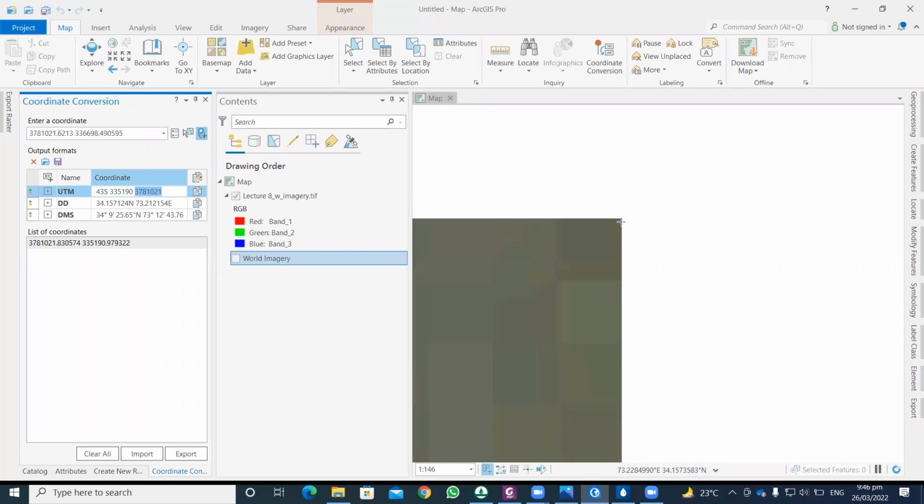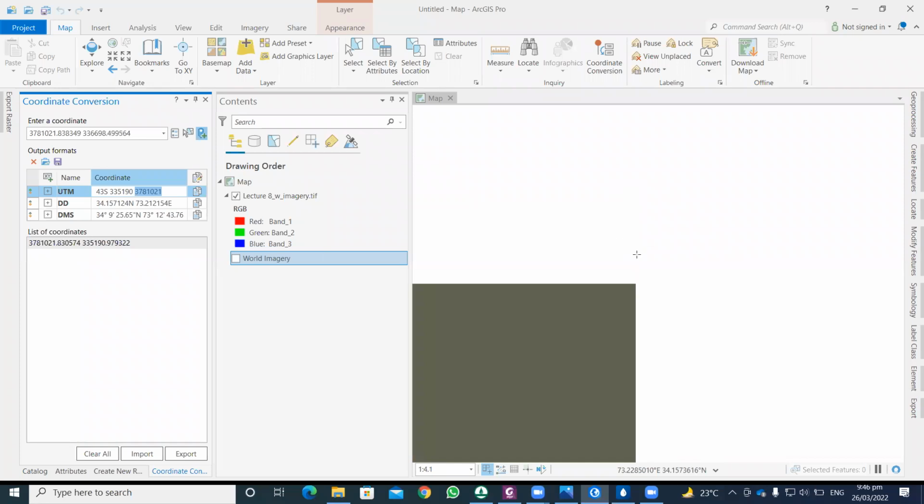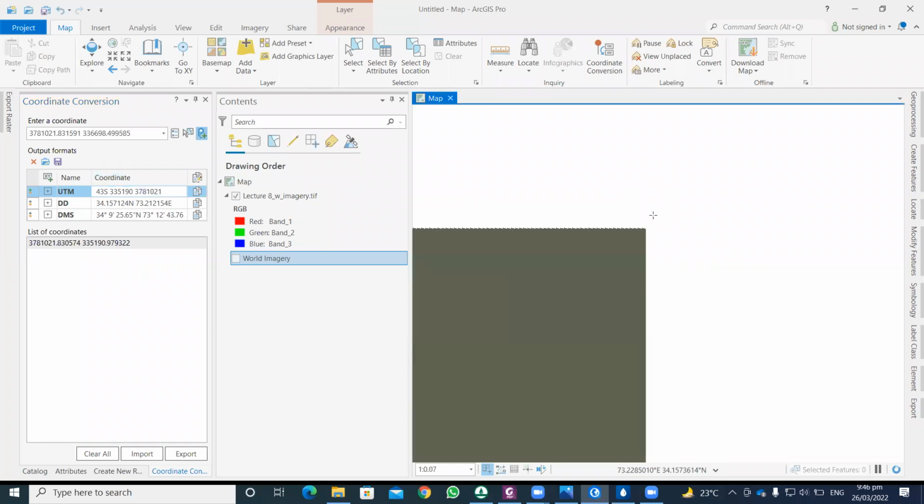So now zoom to the top right corner as much as you can, and then click on that specific location. So after clicking on it,